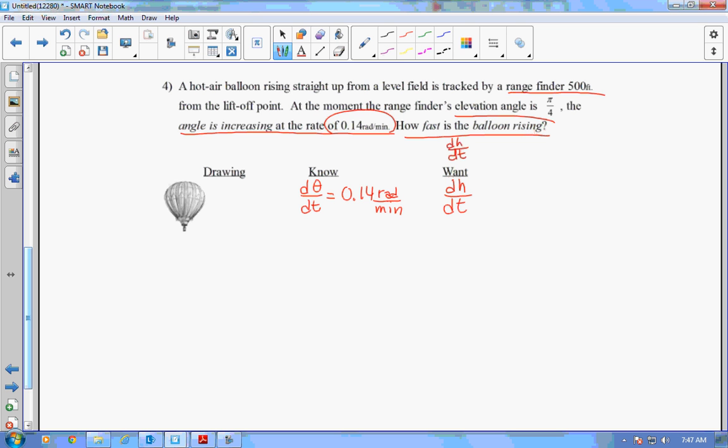Okay, step 2, develop a mathematical model. Specifically, a picture helps a lot. We already have the hot air balloon drawn for us. What can we draw with the hot air balloon to show what's going on? We have a balloon rising up from a level field tracked by a rangefinder that's 500 feet from the